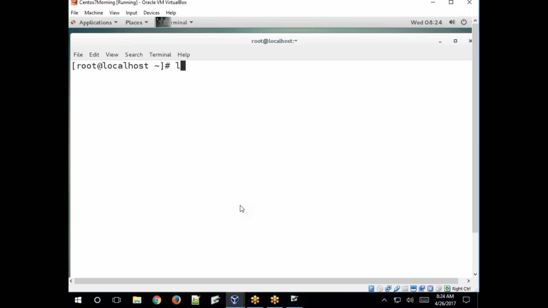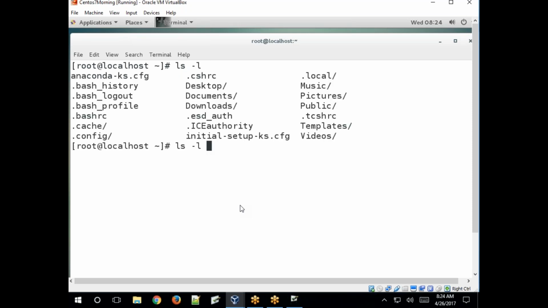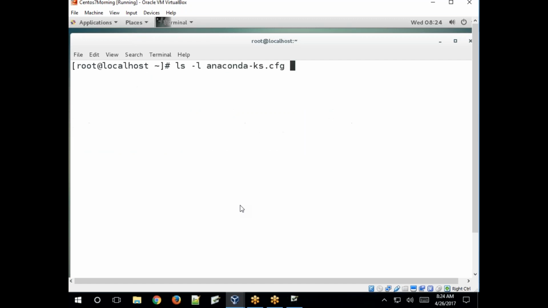See, command name, -l option. The -l option changes the behavior of your command. Is there any file? No, Desktop. Just specify anaconda, it is there. Control L to clear the screen.